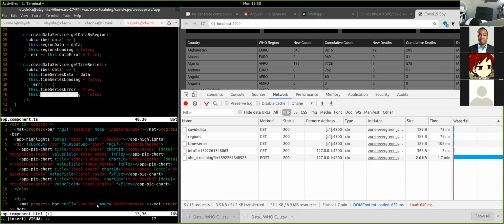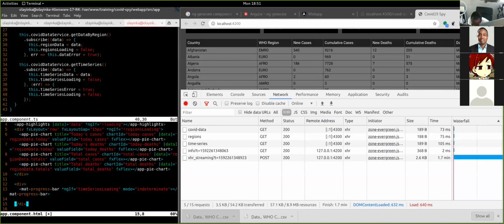That's our time series loading indicator. So I'm going to set this here to ngIf, which is essentially our if condition, the time series loading. All right. And this works for us. Sets up the spinner for that. So if I refresh this page now here,